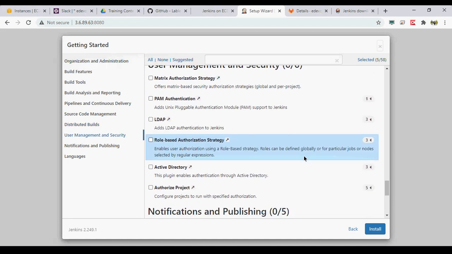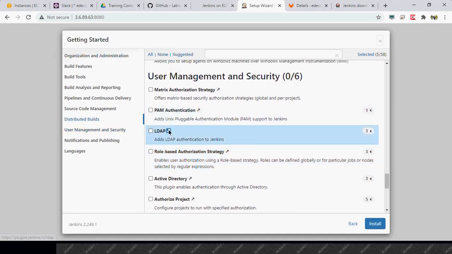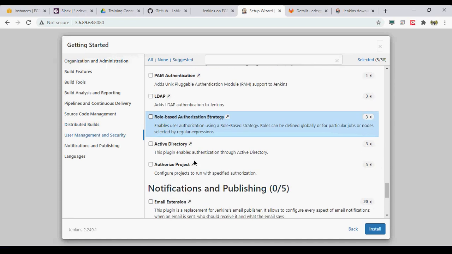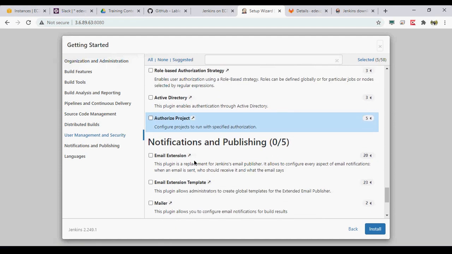Here, if you want to integrate your organization's identity server, you can integrate it here. You have Active Directory and LDAP, so those kinds of things you can also choose, if you want to let people use their organization's credentials to log into your Jenkins machine.